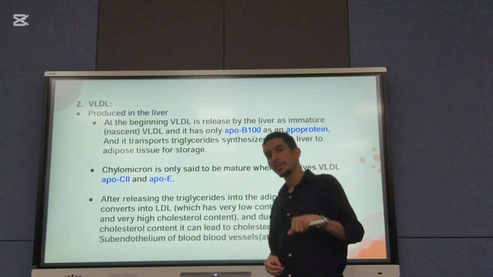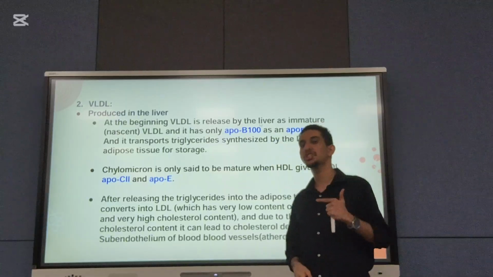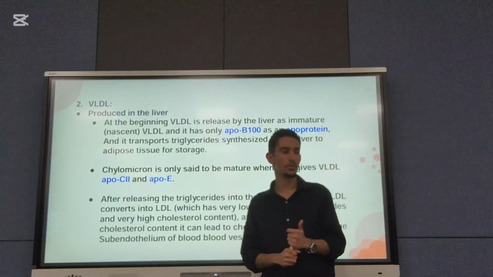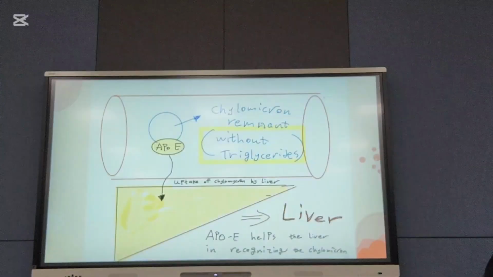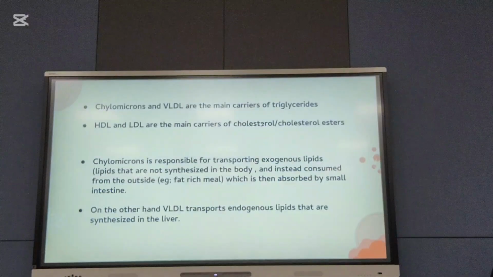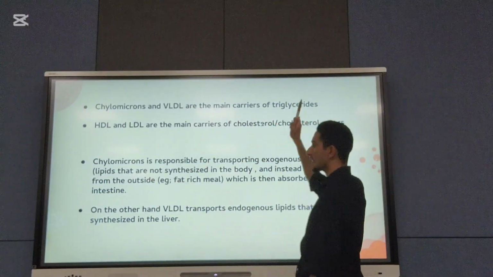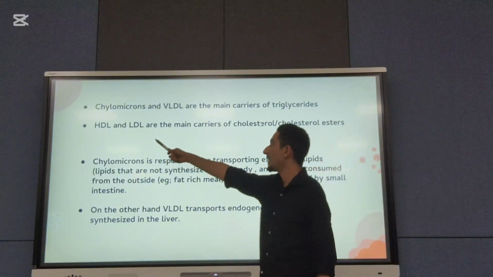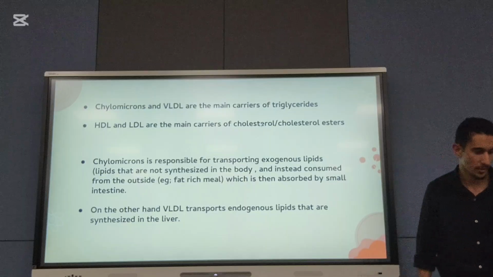And as we said at the beginning, LDL and HDL have very high cholesterol content, and they are the main carriers of cholesterol. I'll go back to the previous slide. Okay, here we said chylomicron and VLDL are the main carriers of triglycerides. HDL, LDL, main carriers of cholesterol and cholesterol esters. تمام؟